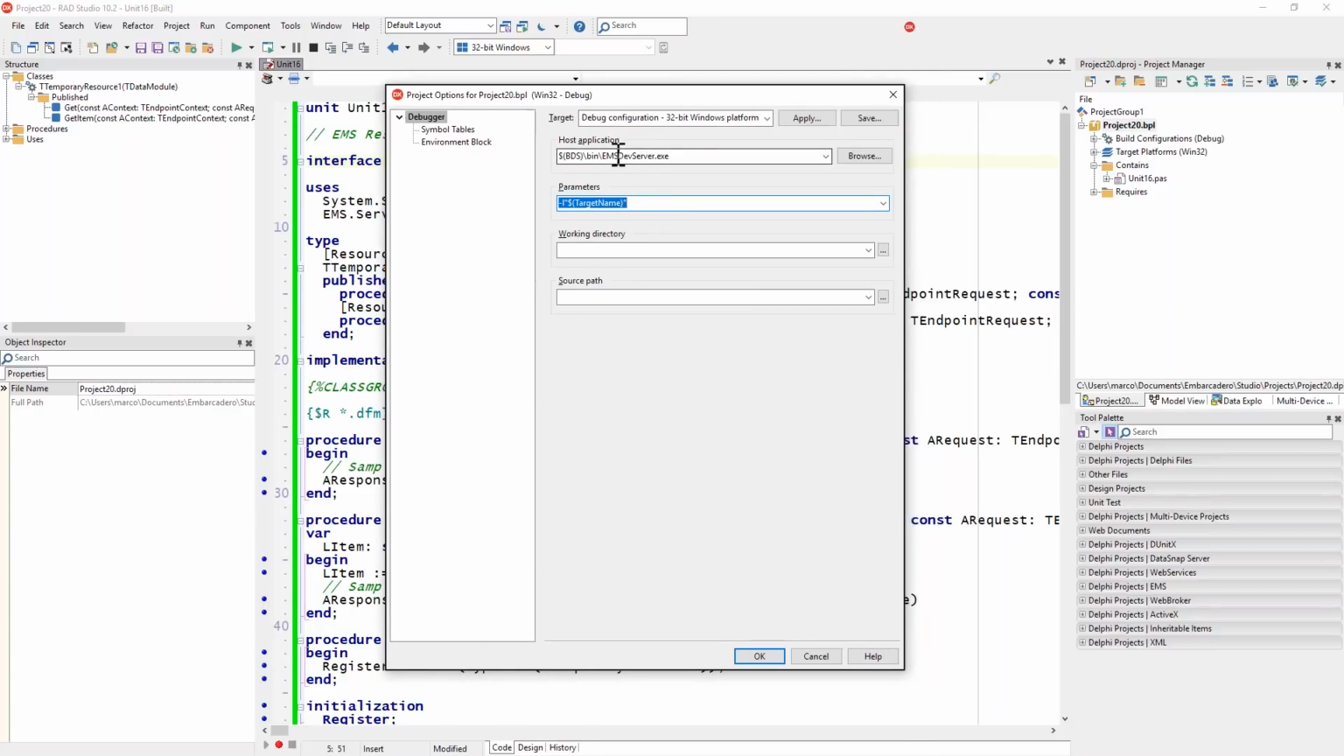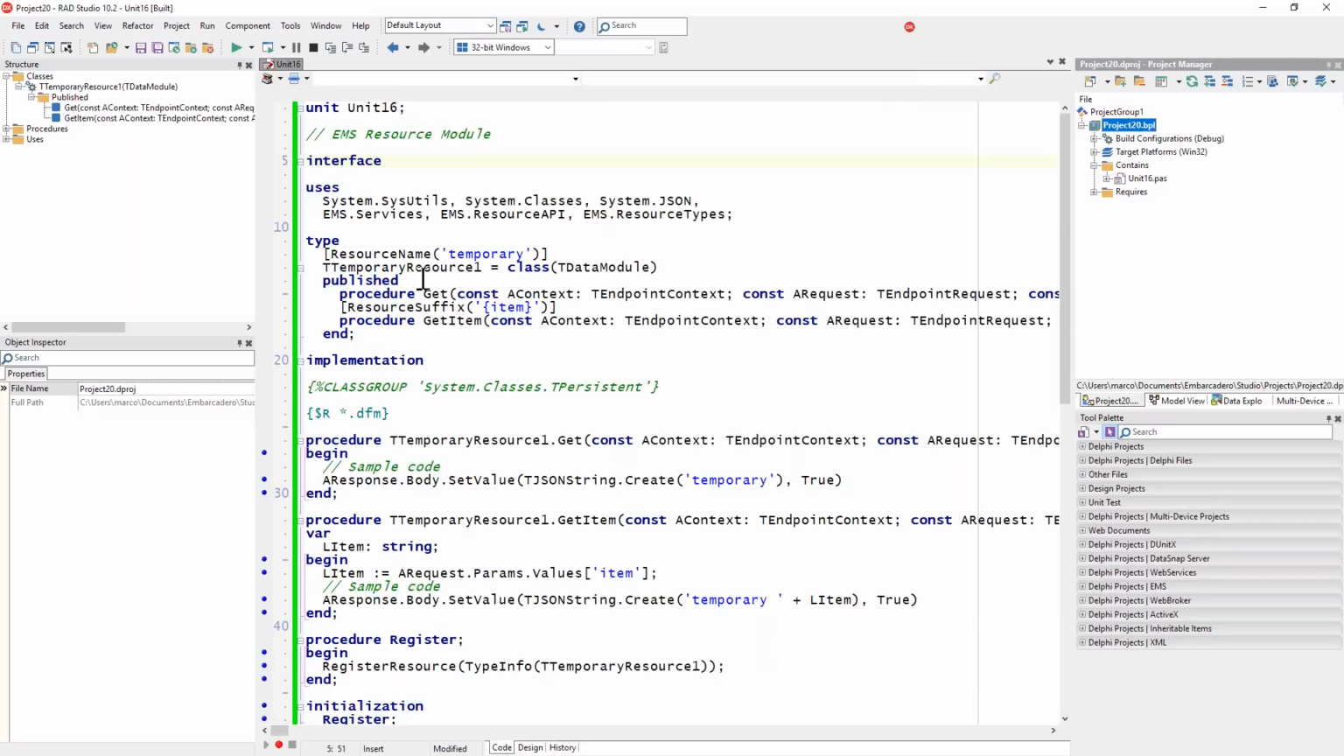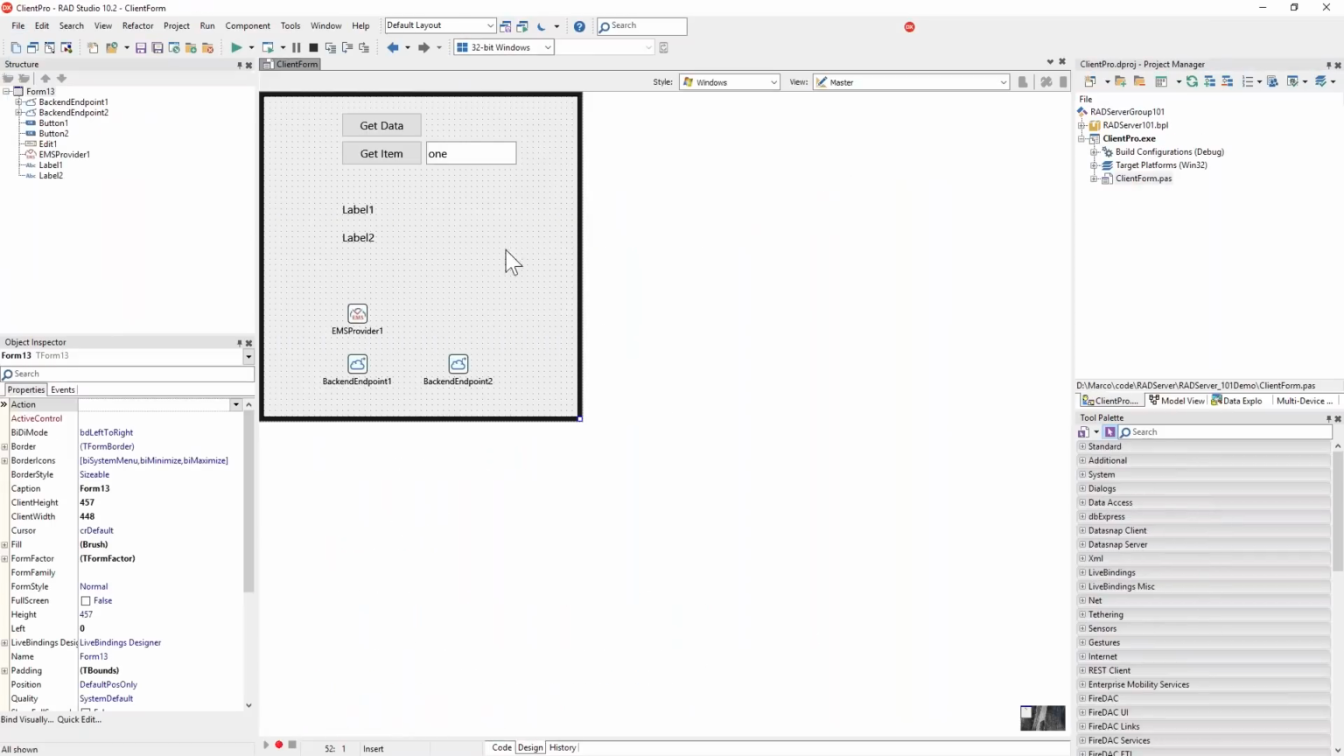Now, that's not your deployment mode. For deployment, there are other options which include an ISAPI module or an Apache module. And of course, the Apache module is also available on Linux once we build this with a Linux target. So again, it doesn't take a lot to get going, but I'm going to switch back to the previous demo